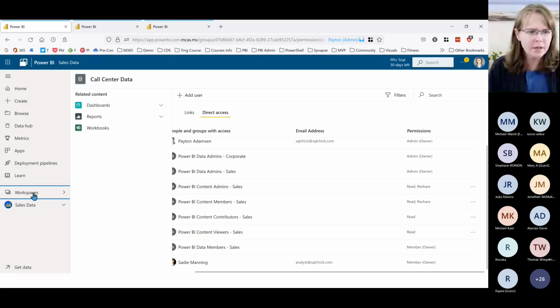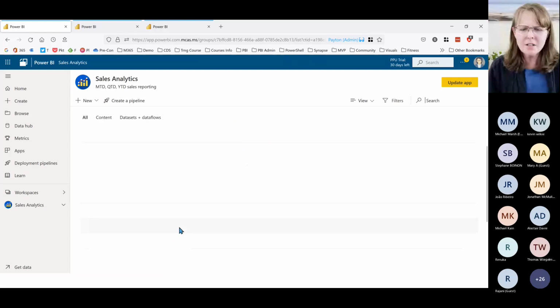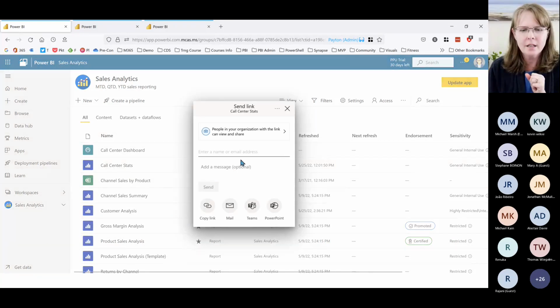So let me pop back over here, because some things are easier for me to explain with just conceptual diagrams. This one's easier to explain in a demo. If I click share on a report, and by the way,